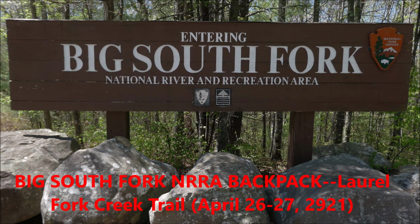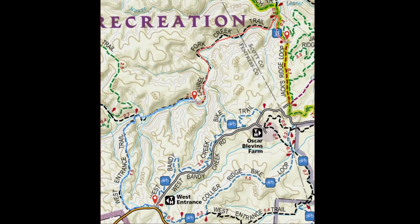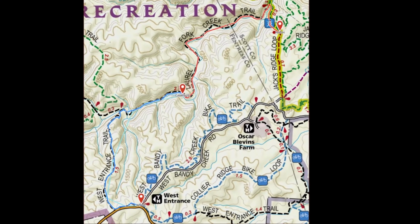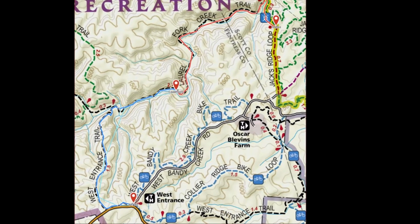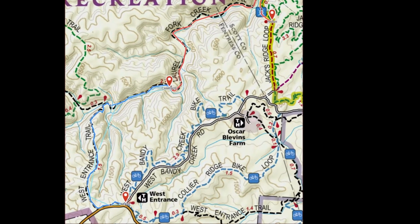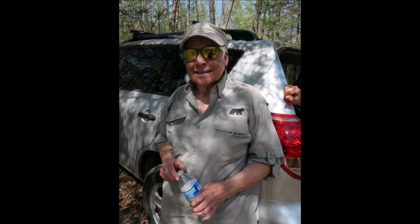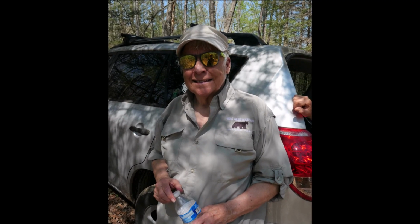Spring is a great time to backpack in the Southern Appalachians and Cumberland Plateau. So two friends and I headed to the Big South Fork area. Started at the West Entrance Trail down to the Laurel Fork Creek, then downstream and an exit to the Jacks Ridge Loop Trail. With me were Barbara Allen, shown here, then Tommy Pritchard,